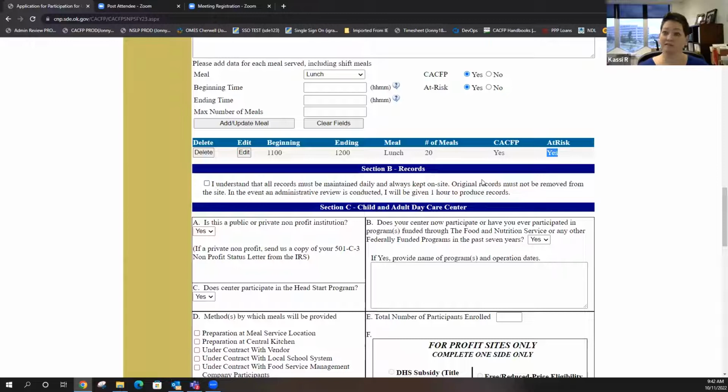And the reason it says no and no is because we put this new function in an existing page. So I need you to go and update it. So those of you that need it to change it to be yes on one or the other, you simply click edit and put yes. Like all of you that are just CACFP, you're going to click edit. The only thing you can click is CACFP. This will be grayed out. You'll click yes and add an update.